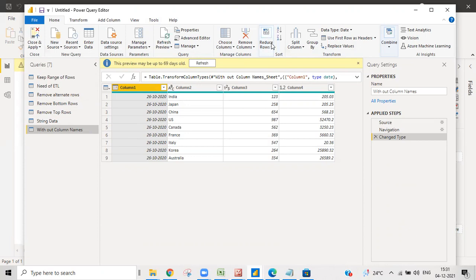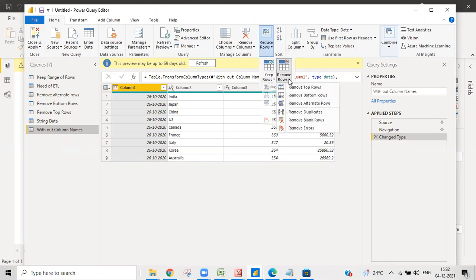And then we do have a couple of options. We'll go randomly regarding Power Query. First, we'll go with Reduce Rows. This option, where you can see Reduce Rows. Here we have a couple of things like Keep Rows and Remove Rows. If you want to keep rows, you will go with this, and in this there are a couple of options. And if you want to go with Remove Rows, then you have a couple of options. I'll just tell you how we can do that.